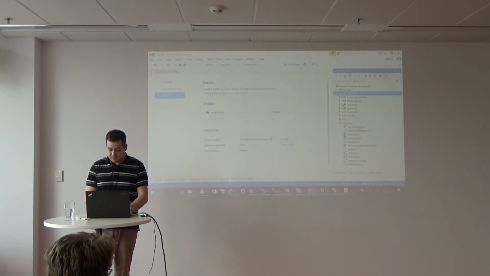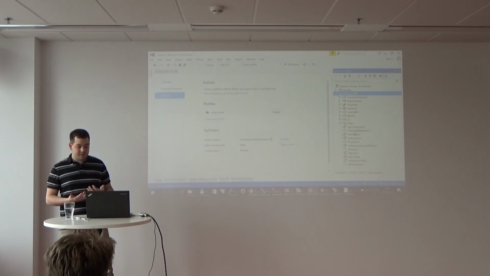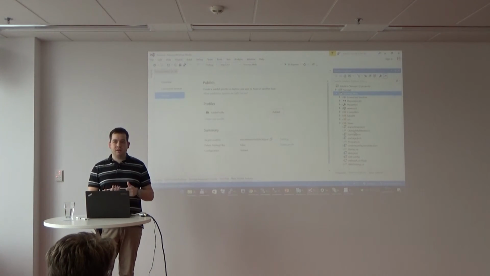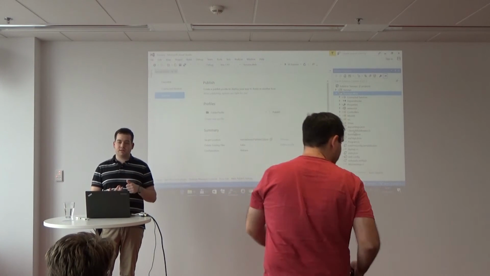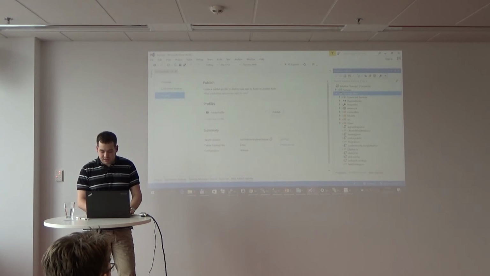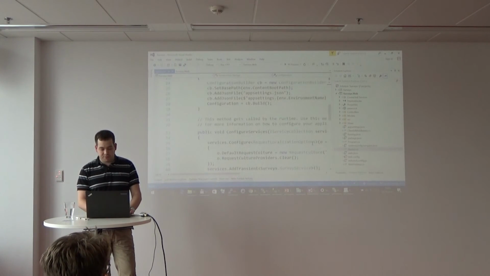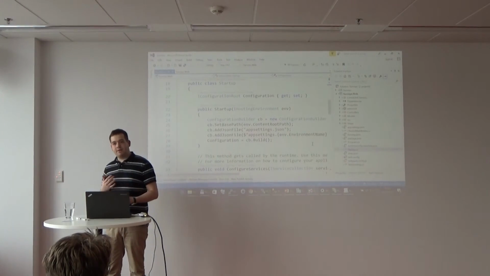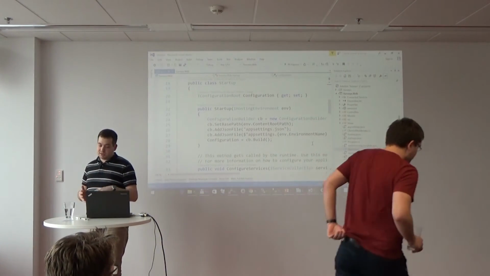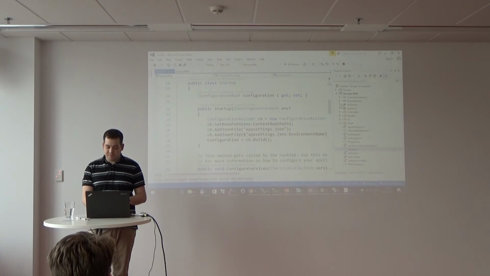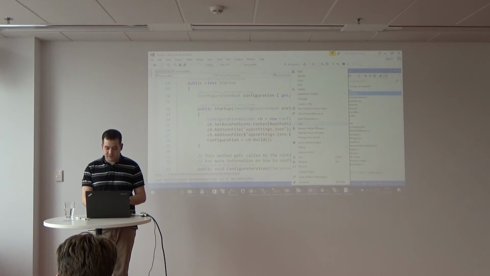And one thing I wanted to tell you is that I used different functionality in this project, like the MVC, like these configurations and some other stuff. But it's not included if you create the empty project. If you create an empty project, you don't have anything like the MVC there or some other things. You've got just a clean project, and everything I used here, I needed to reference first.